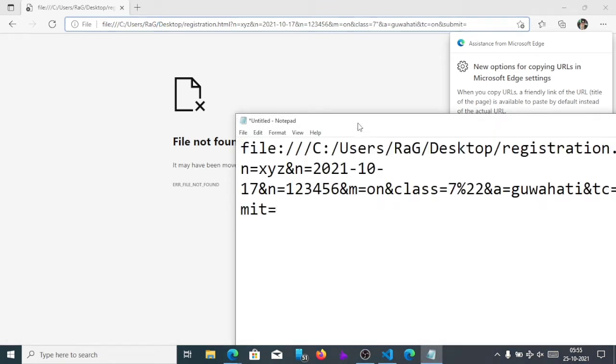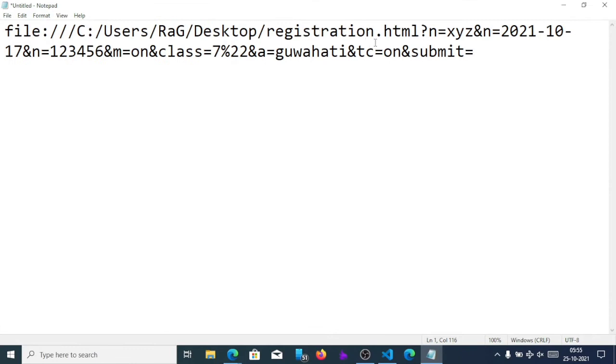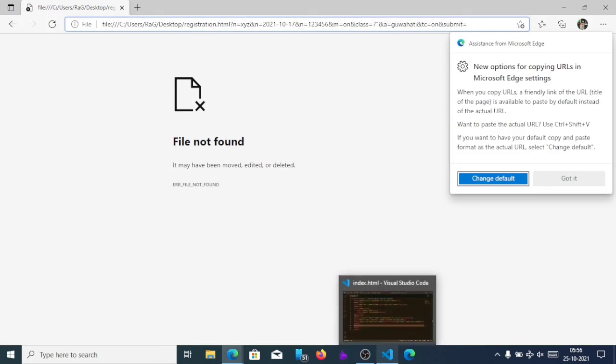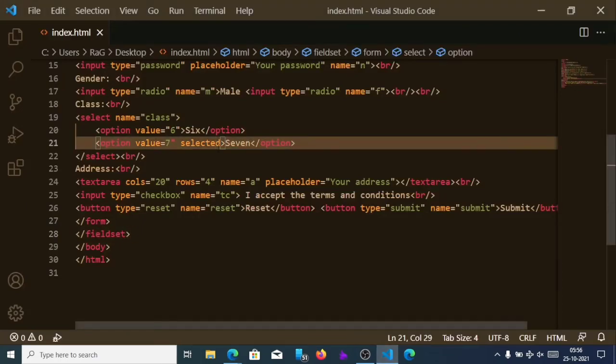So here you can see registration.html n equal xyz. Oh, n two times; I also have not changed the date of birth. So whatever equal these things is given. This is because I have kept the information method as get. So here you can see when I created the form,